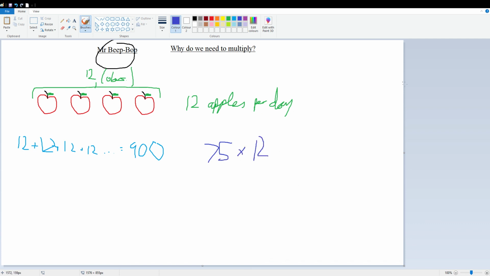Now, again, for this I would use the column method, but we already know from the last time that we used it, that we're going to end up with 900. And I would argue that, as we discussed last time, this is a lot quicker than adding 12 a